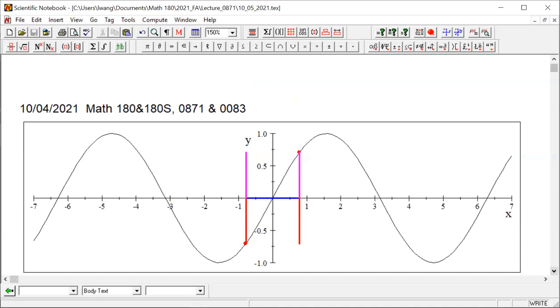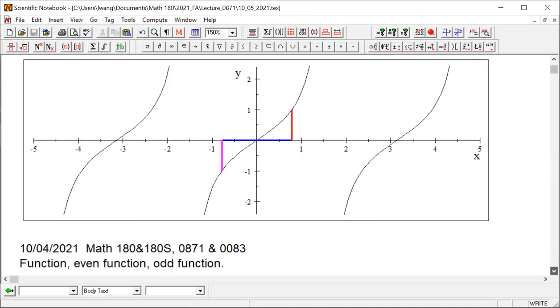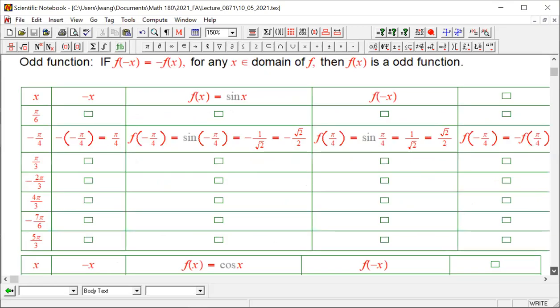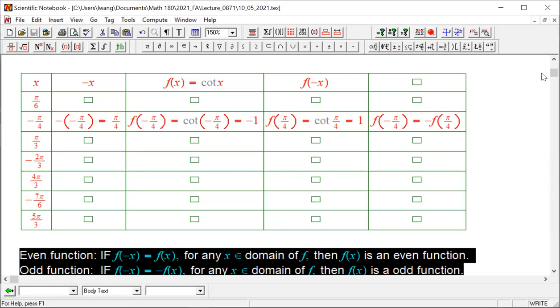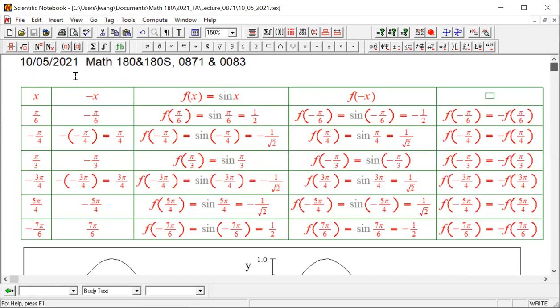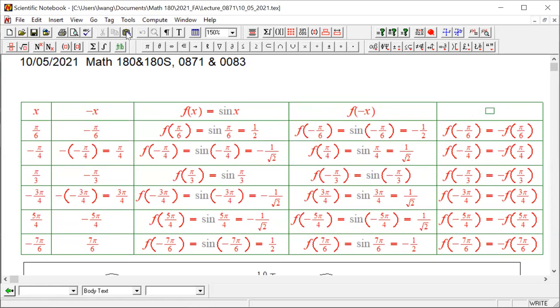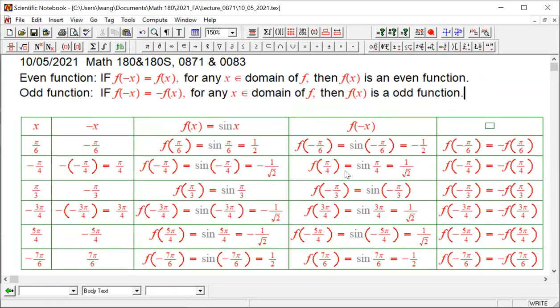Okay, so let me bring back the definition of odd function, even odd function. Okay, I'm bringing back these definitions. When we read this definition, we must read it with extreme care, attending to each word. That's what I try to show you guys, and its implication, for example, as an odd function,